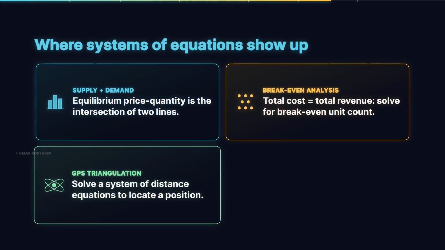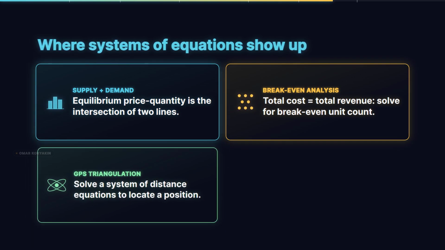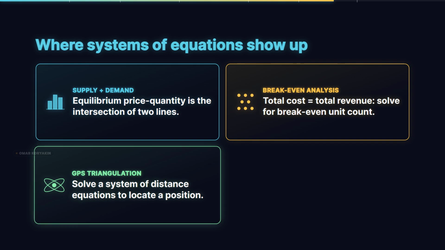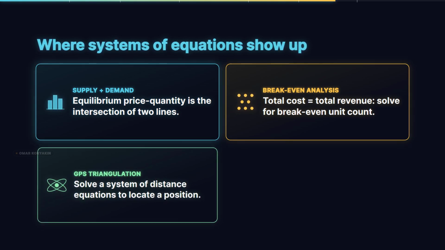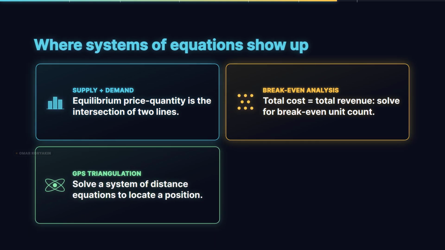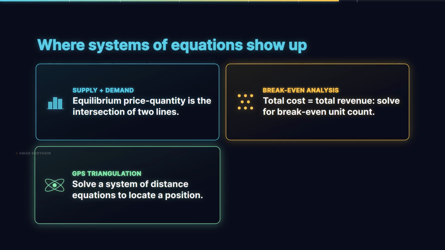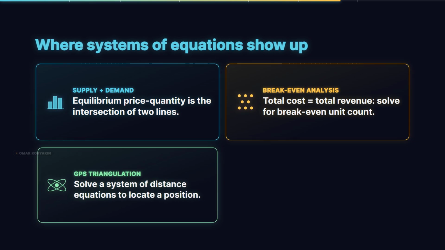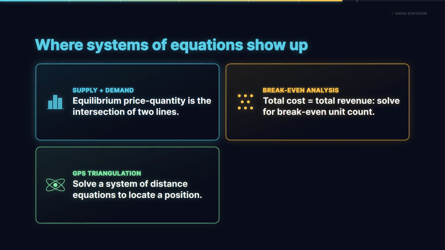In navigation and GPS, the position of a receiver is determined by solving a system of distance equations from multiple satellites with known positions. Each satellite provides one equation expressing the distance from the receiver to that satellite, and 3 or more such equations together pin down the receiver's 3-dimensional position. The mathematics of GPS triangulation is essentially solving a non-linear system of equations, but the linear case from today is